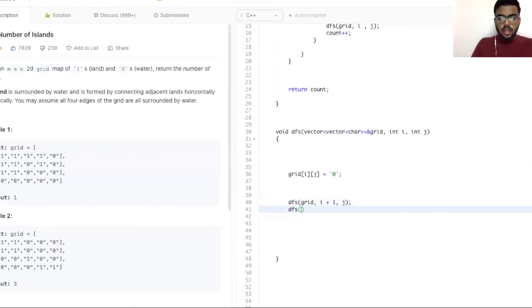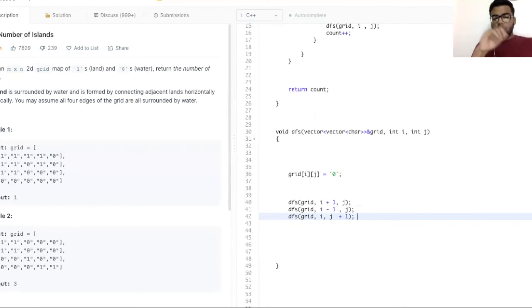Then we'll check DFS of grid with i minus 1 comma j, that is the row above it, does it have a 1, which means that it is on the same island. So we'll be checking above it and below it, and we'll also be checking in the right direction, which is j plus 1, and in the left direction.